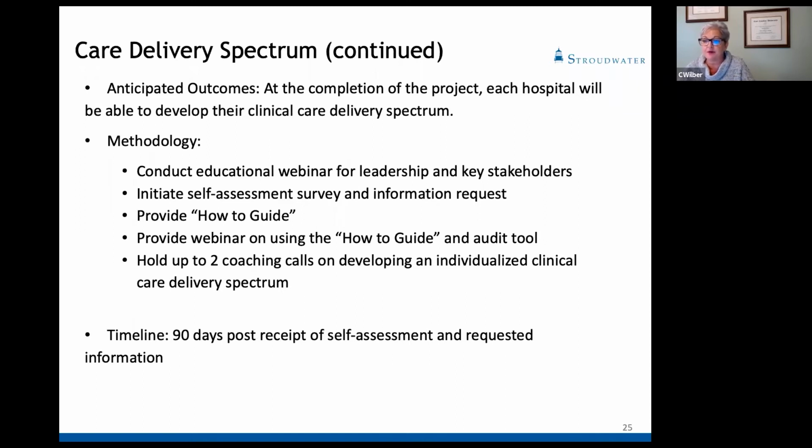So at the completion of the project, each hospital will be able to develop their care spectrum. And this is an interdisciplinary team effort. We will conduct an educational webinar for the leadership and stakeholders, initiate a self-assessment that helps them really do a deep dive into what services they have, what equipment they have, what they have and what they can do at their organization, providing them with a how-to guide, having a webinar on the how-to guide and an audit tool, and help them to